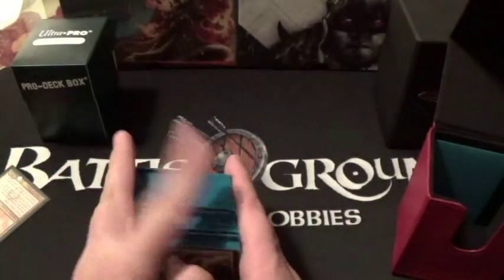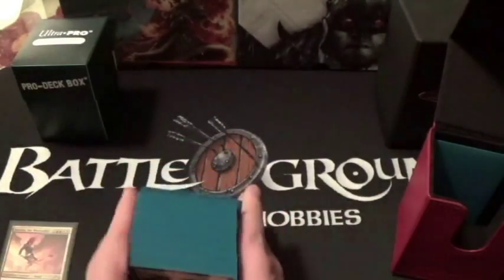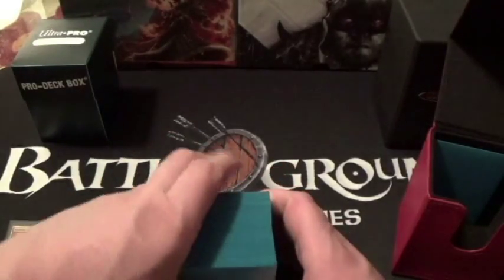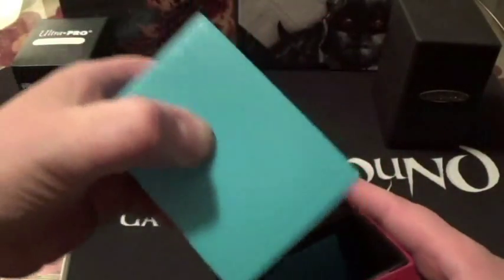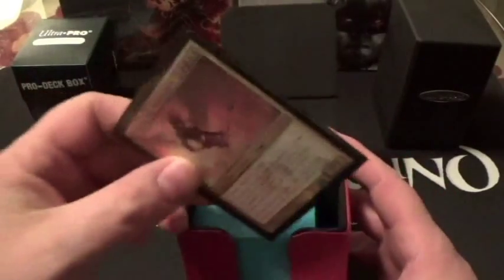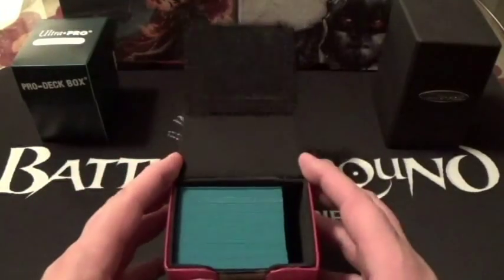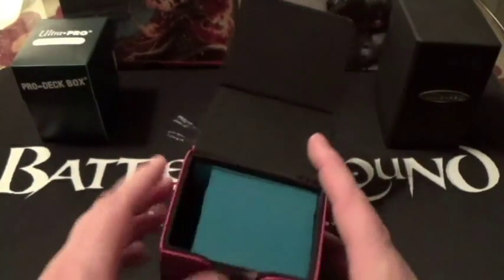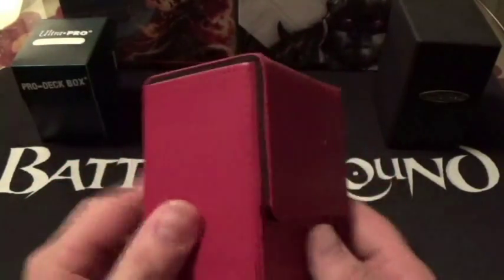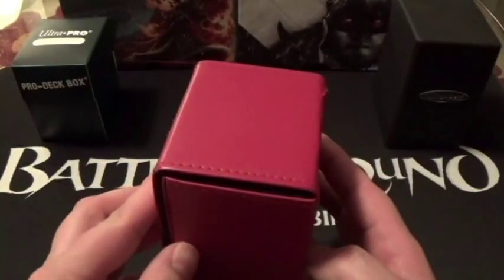The price for this box is probably another con of mine personally. Out of the three boxes we have here in front of us, this is the most expensive one. At MSRP it will run you about $15, $14.99. You're basically just paying for the faux leather and the etching on it. It's not a bad box by any means, but